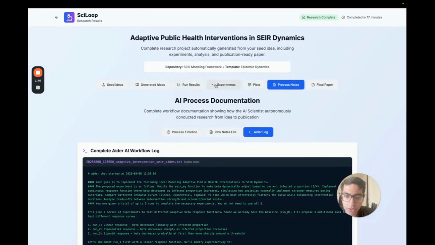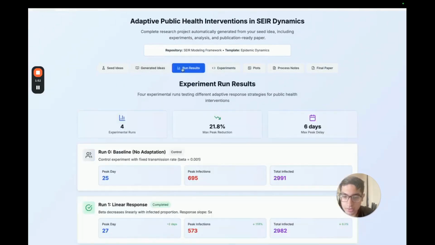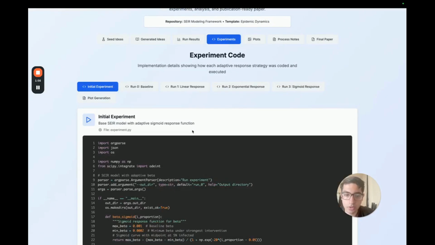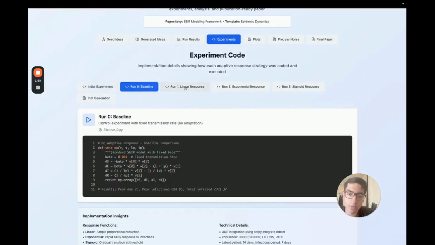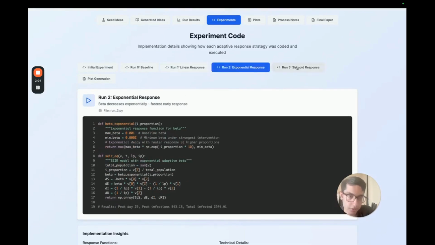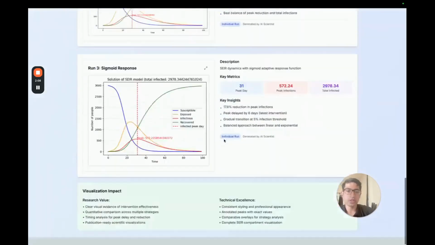Initially, for the baseline experiment, we had this code that we gave it. It ran that, gathered some baseline results, had some baseline plots, and then saw what did not work, and then it came up with the first run, which was the first iteration. Similarly it gathered results again, and did the second iteration, and then the third iteration, and finally it had access to all these